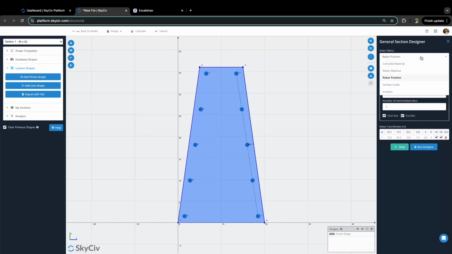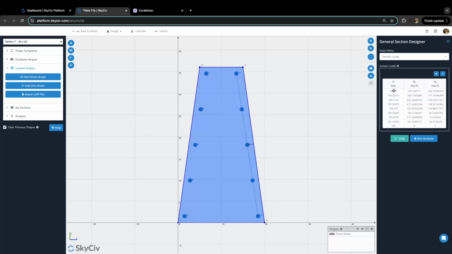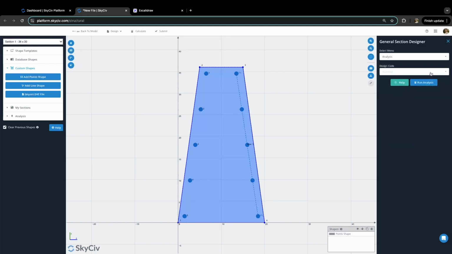So what we can now do, next menu here, we've got section loads. So you can see from our solver that we've actually got our design actions for each point along that column have been automatically transferred into this here, so we don't have to manually add those in. So that's nice and handy. We can add extra points if we want. But basically, yeah, we can see here is our worst one. That correlates to the base section that we're interested in. But yeah, we can leave that for now, and we can now go to the analysis tab and pick from